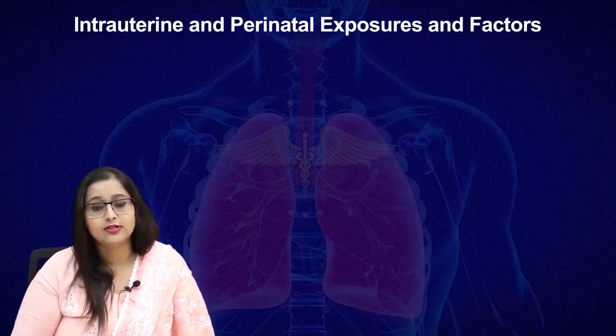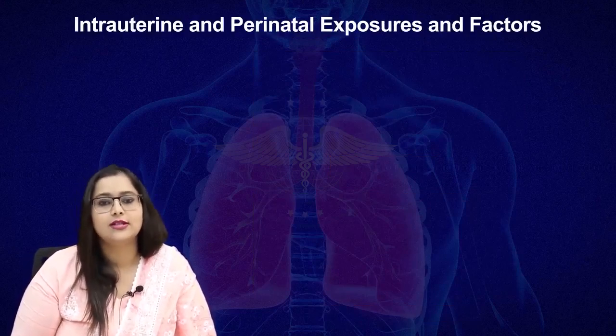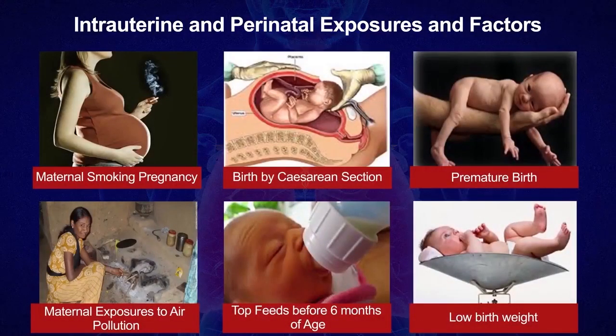Intrauterine and perinatal exposures. It is very fascinating to understand that if your mother has smoked when you were in the womb, the chance of the child getting asthma is 160%. And if the grandmother had smoked when your mother was in her womb, then it is further more risky, 180% chances of you developing asthma. This is a very interesting insight into epigenetics, which we are not going to discuss more. But the point is that you have to ask people to stop smoking when you have a pregnant lady around